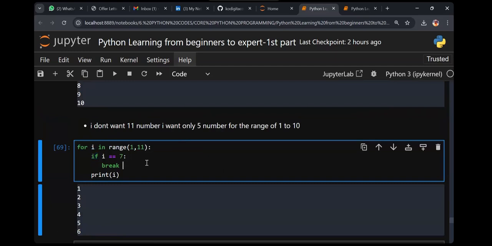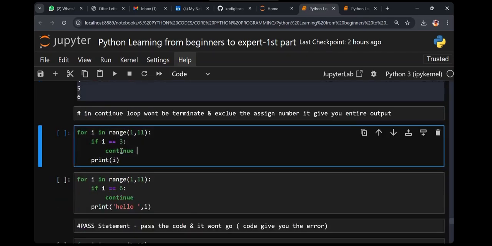So when we build a computer vision project, in that project, when you load a video from a live camera, the camera should stop after 5 minutes, or else it will keep printing infinitely. When it prints the output infinitely, your memory gets filled. So to stop it, I can use the break keyword. Understood? Can we go to the next concept?